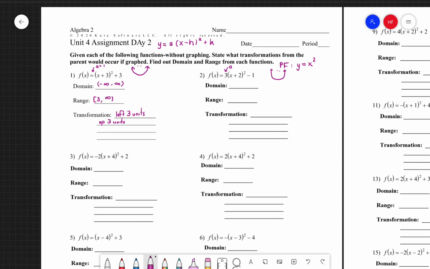The first one being that 3 in the front. That 3 in the front is going to affect the width of my graph. When it is a 3, that's a whole number that stretches my graph vertically. So I have a vertical stretch